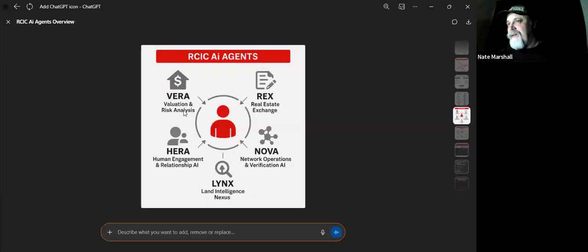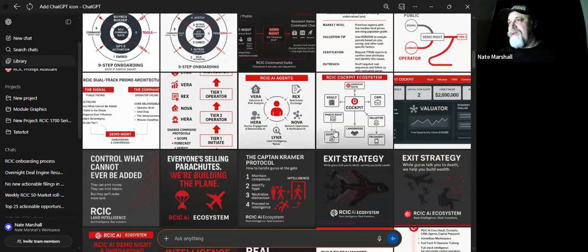You guys will start seeing VERA, evaluation and risk analysis; HERA, human engagement and relationship; LINKS, land intelligence, so if you're in a land deal; NOVA, network operations verification; and REX. We're not going to show it too much tonight because we're kind of focused a little bit on